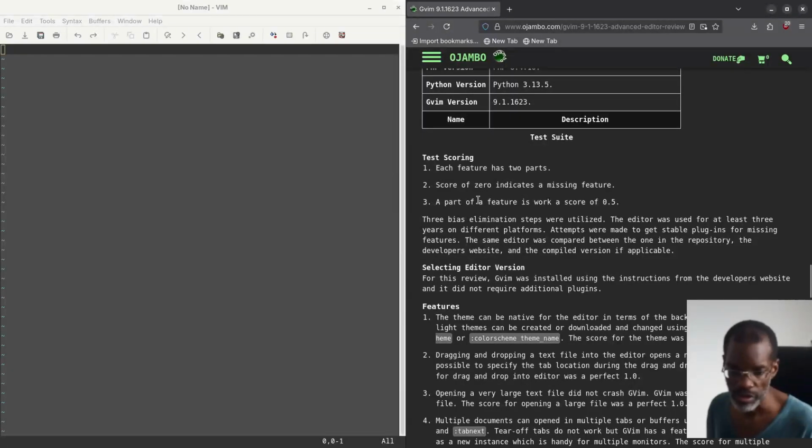And for the test, each feature has two parts. If everything is 0, it means it's missing the feature. If part of the feature works, you get a 0.5. I've been using these editors for at least 3 years. As you can tell, it's probably around 11 years or more on different platforms, so that eliminates the bias. What I'm trying to say is that I didn't notice anything different running this application on different